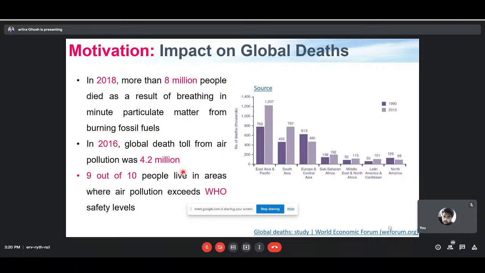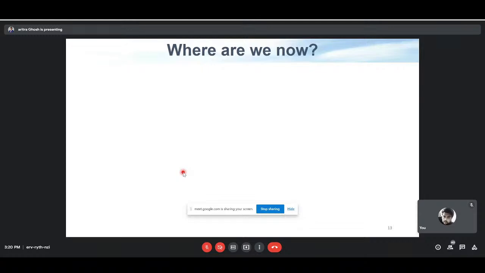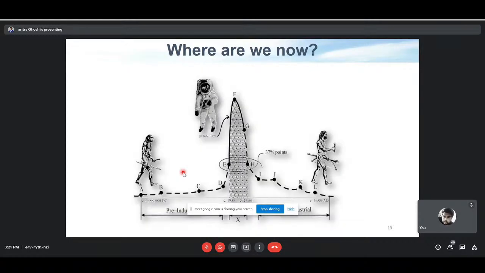So what is the solution? To have the positive things from that and to find a global solution, we have to think more wisely. So can we stop using fossil fuel? This is a very interesting diagram I found somewhere. I forgot the source. They're saying that in the pre-industrial time, when we were in the jungle, our lifestyle was like that. Then we have industry, we use fossil fuel burning, and we reach space. Now, if we stop using industry and all those things, maybe we have to find a way to live in the jungle again. So this is not the solution, right? We have to find a more rational solution.